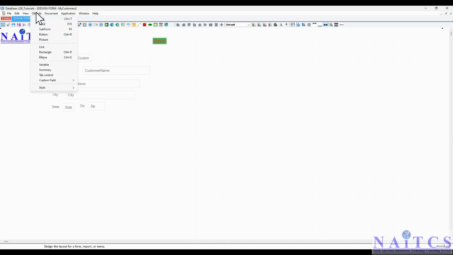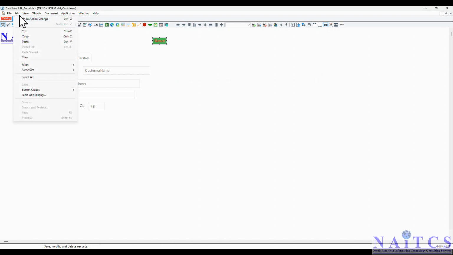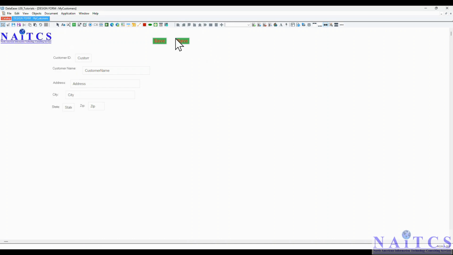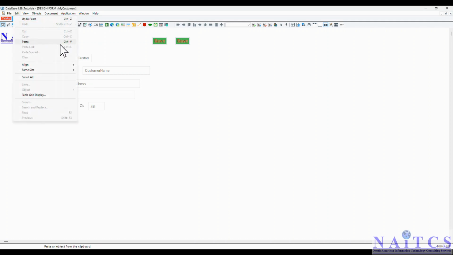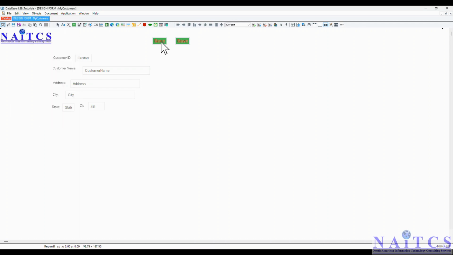Now I can go to Object, Button, and then create another button. Or if I want, I can click on that, and then go Edit, Copy, Edit, Paste. Since I'm using the menu options here, you can also note that there are shortcuts as well: Control C to copy and Control V to paste. Now this one, I could change the text to exit. So I'm going to delete that,